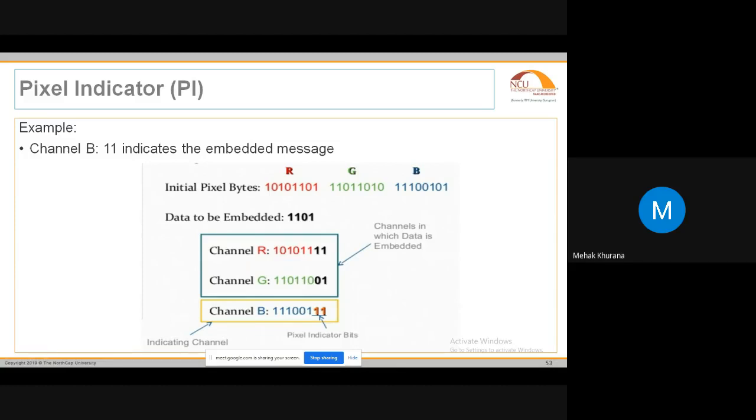And now if I come to channel R, it shows the last 2 bits, which has embedded the data inside this first red color, and in the channel green also, you can see there are last 2 bits, 0 1, which is showing the data has been embedded inside this channel green. So this is the extension of the least significant bit substitution method, which shows that one of the channels can also be called a key, which shows whether a message is embedded in the image or not. So these are some of the methods which help us to identify whether the image contains the data or does not contain the data.